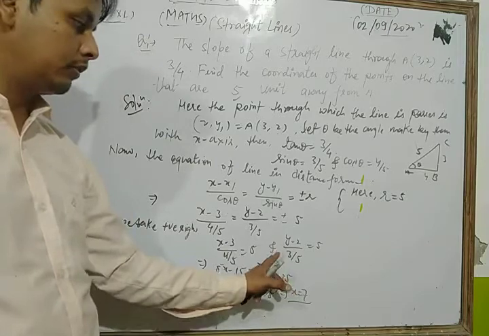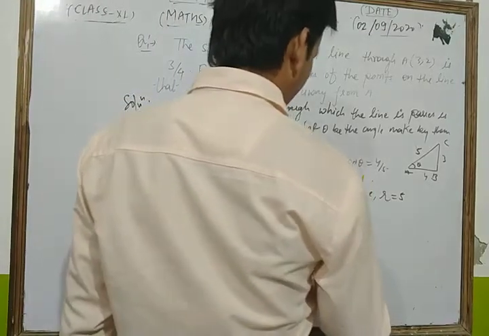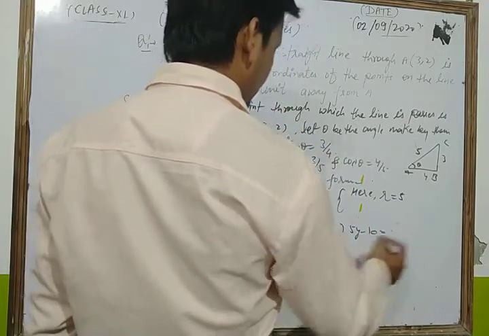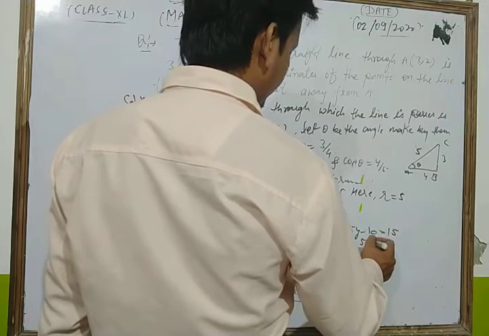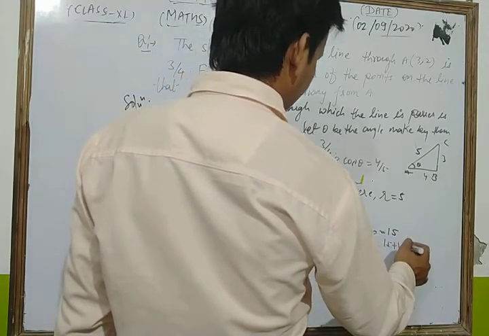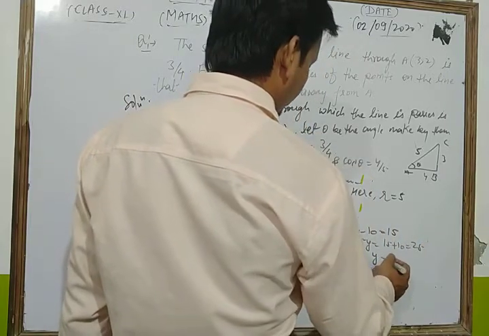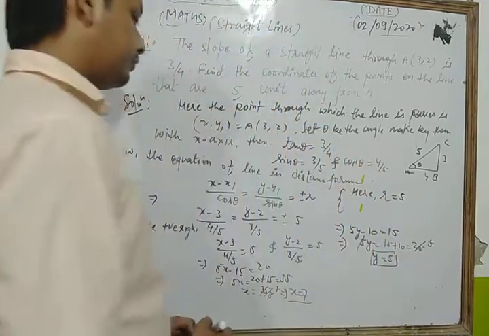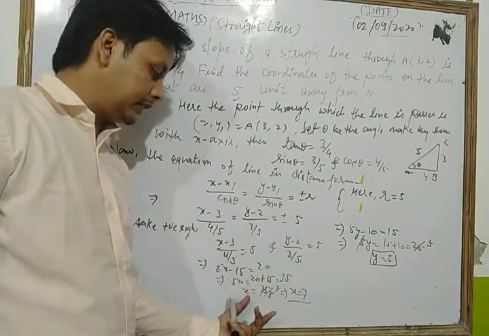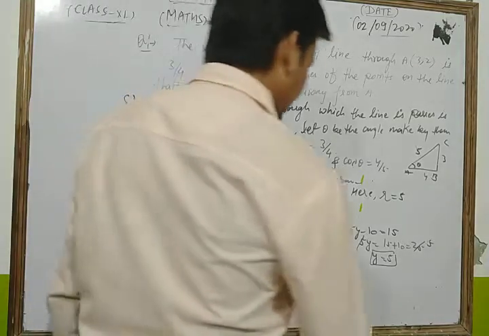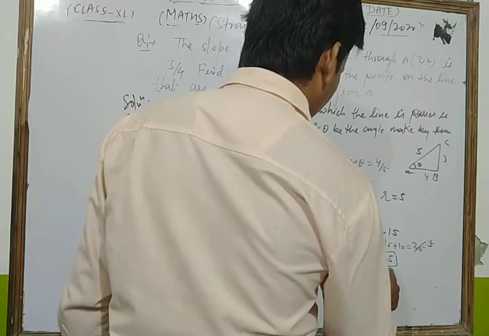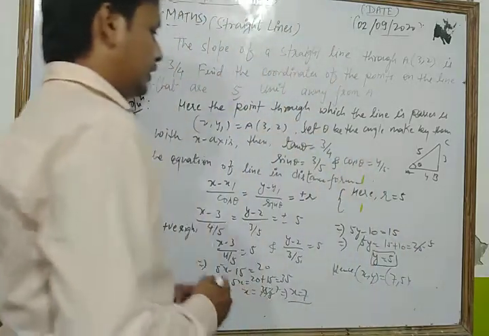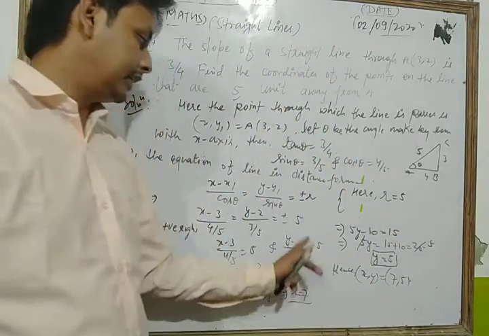Now similarly we can solve for y. We get 5y minus 5 times 2, which is 10, is equal to 5 times 3, which is 15. Now from here we get 5y is equal to 15 plus 10, that is 25. So the value of y is equal to 5, since 5 times 5 is 25. So if we take plus 5, then the respective value of x and y, hence the coordinate, is (7, 5). Similarly we take minus 5.